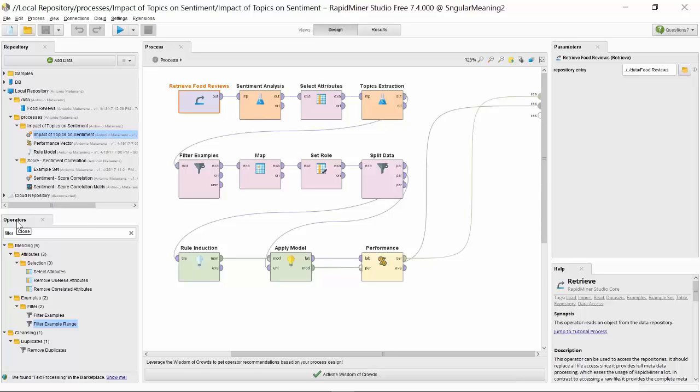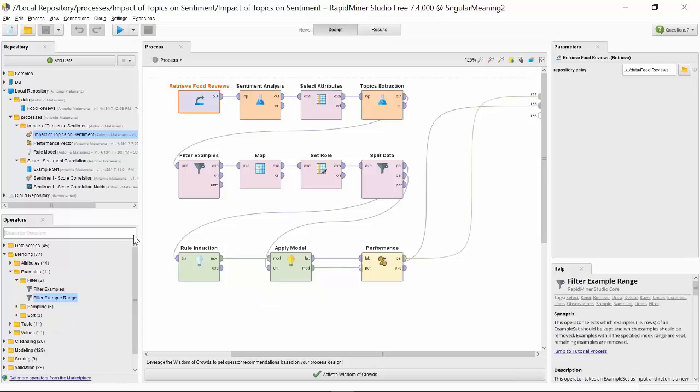And very importantly, on this operators tab, you have access to these different blocks in RapidMiner. Each one performs different analytics tasks. For example, operators for data access, for accessing databases or files or web pages or applications.